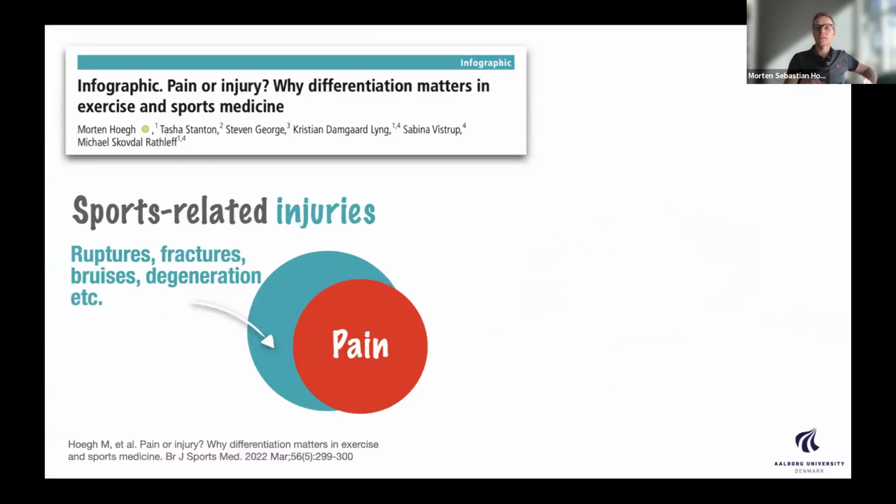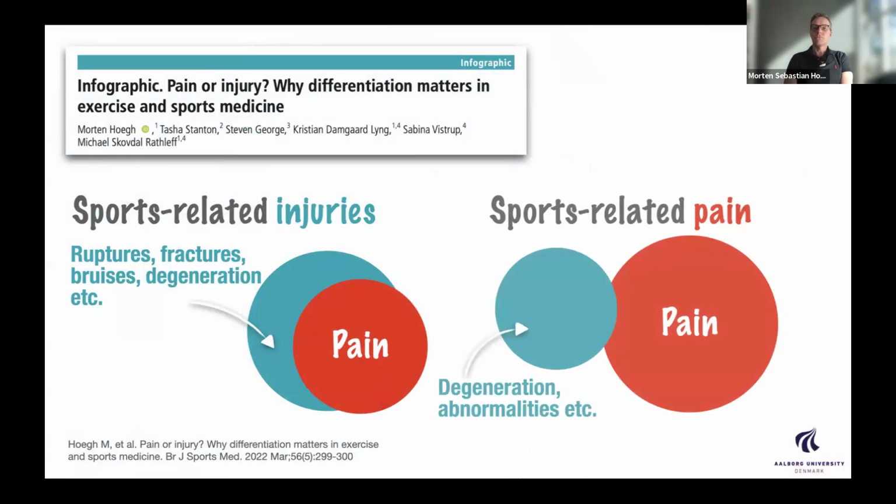But essentially, what we are trying to come into here is this area where we have people who hurt, where there's not this great overlap, as you see here, between, for instance, the fracture and the pain. There's not a lot of insecurity in giving a diagnosis when it comes to these obvious examples where there's injury and pain at the same time. Rather,